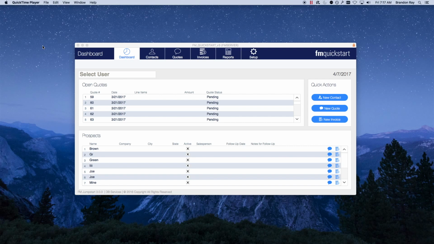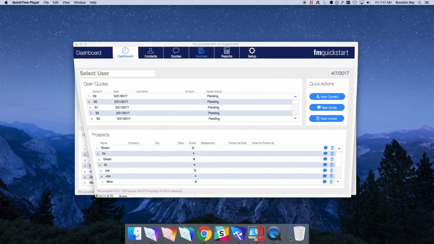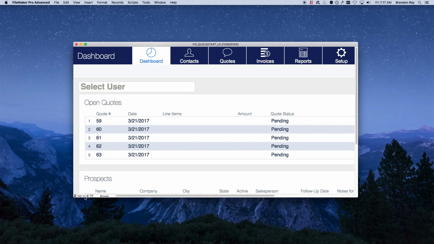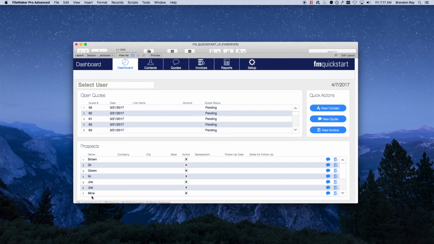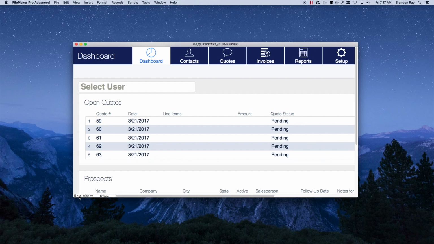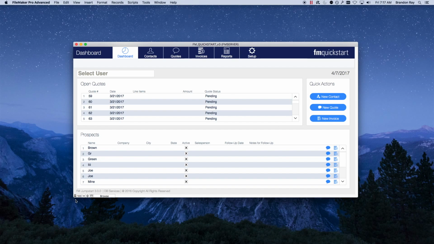FileMaker 16 also comes with one other UI update, and that comes with the removal of the bottom bar and the sidebar. Now in FileMaker 15, we could use this bottom bar and the sidebar. In the bottom bar, we could go from browse mode to find mode to layout mode to preview mode. We could zoom in or zoom out. We could show the status bar or hide it. And we could adjust our zoom here. And we could see this lock here, which was our SSL certificate checker.